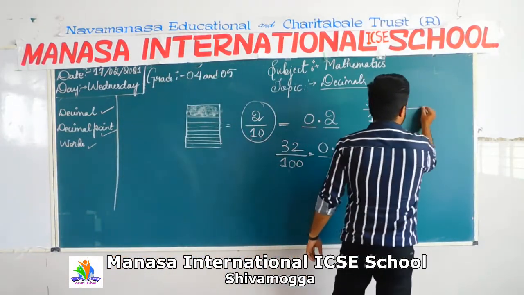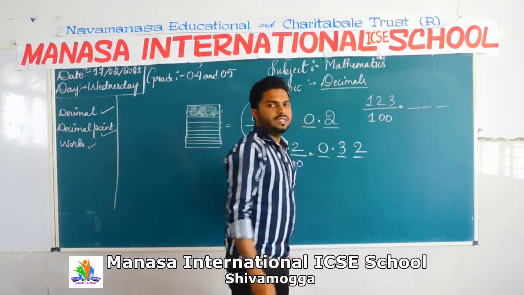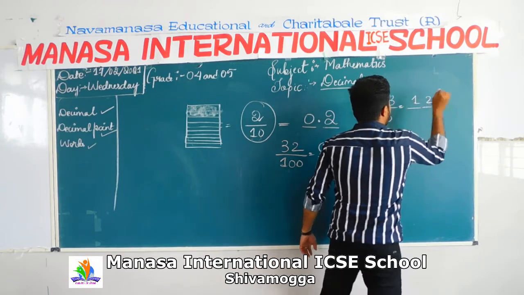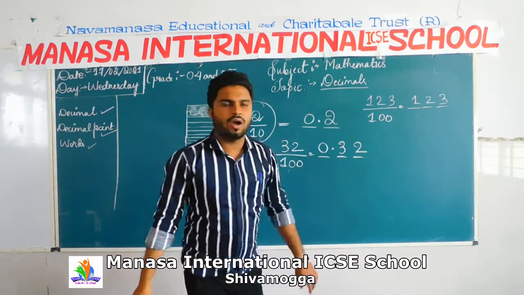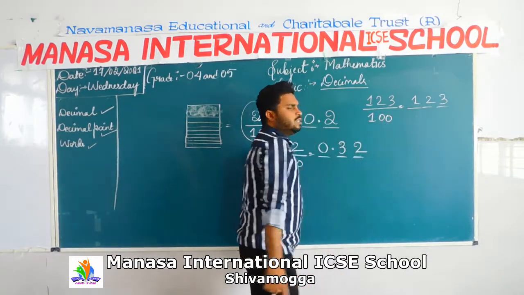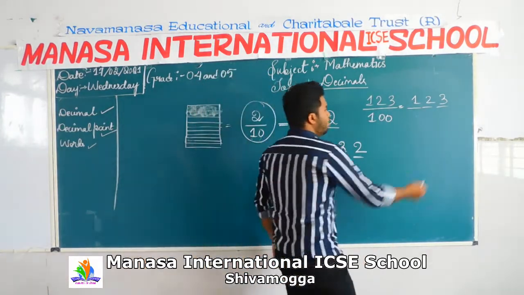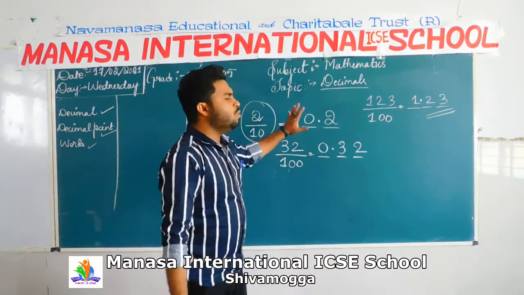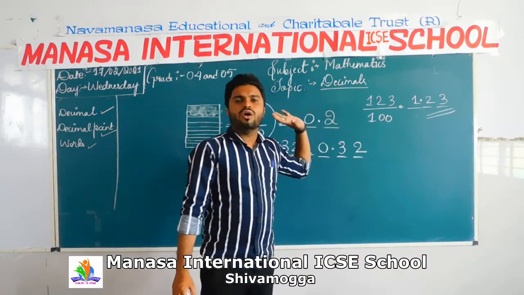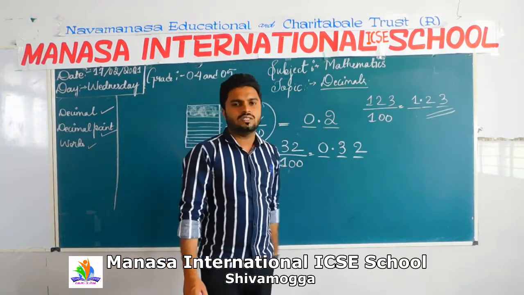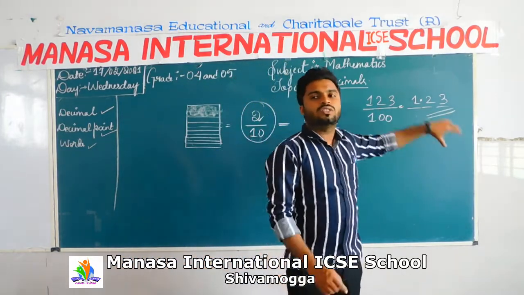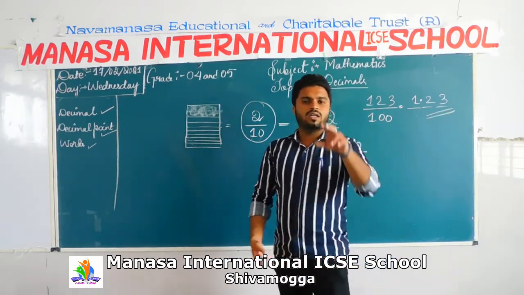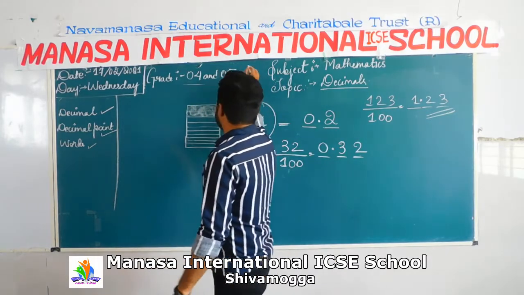numbers, hence 1, 2, 3 dashes. In the numerator, 3 numbers, 3, 2, 1. Now placing the point, how many zeros? 2 zeros. So 1, 2 after 1. So this is how you are going to write this decimal, or you are going to convert the fractions into decimals. So these are the introduction part that is common for both 4th standard as well as